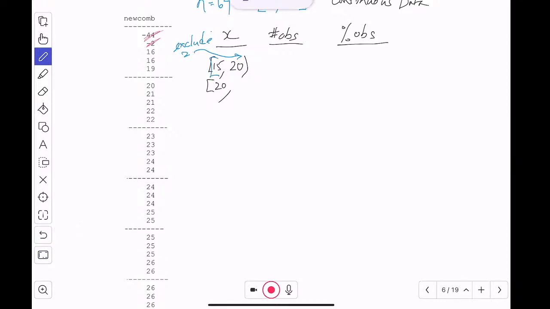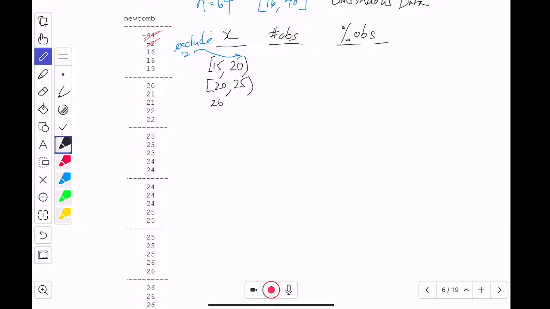But include 15. This one says include 20 up until 25, but exclude 25. Okay. So in this way we make our categories mutually exclusive, like separate,